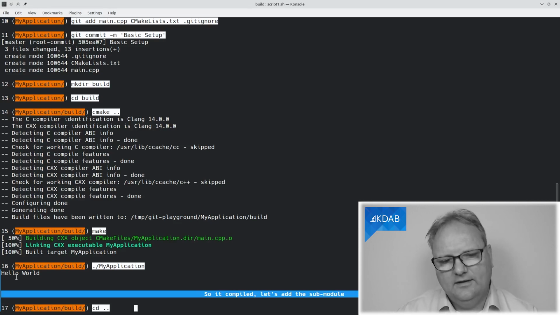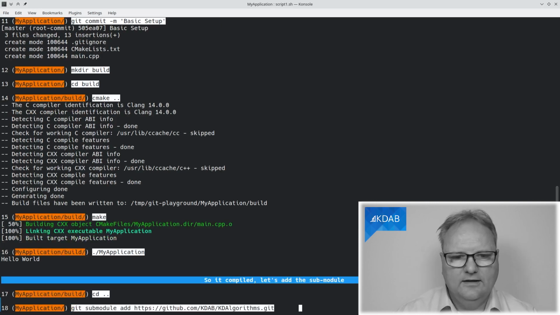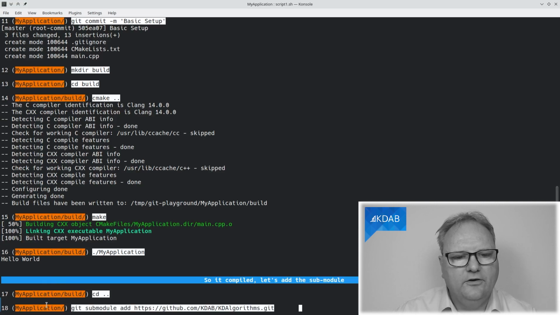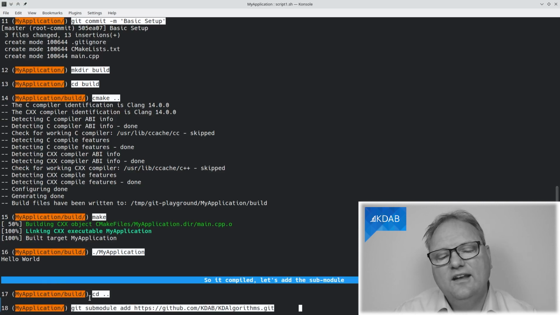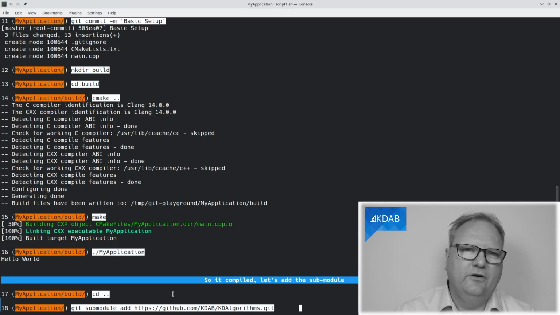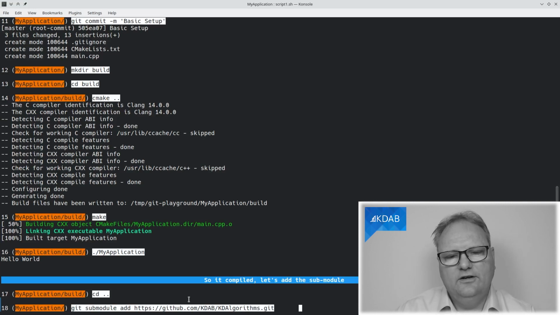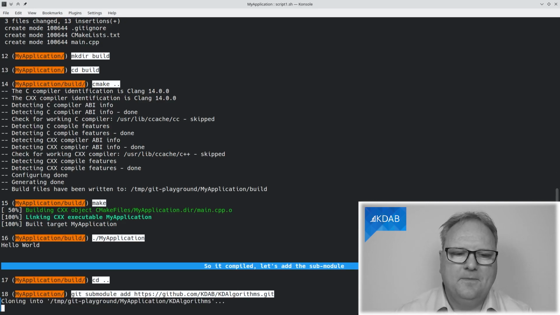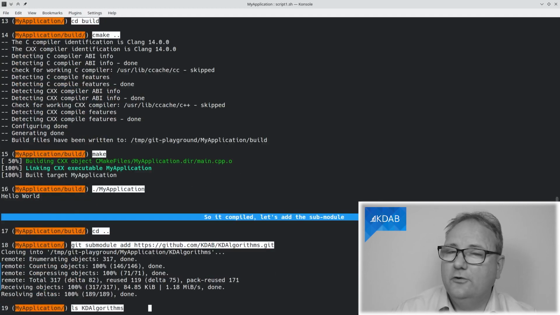The way that I do that is that I cd again out of this directory here. I'm in the root of my current directory here. I'll call git submodule add, and then the path for whatever I want to check out. And here this is the path for the KD algorithms, but it of course works on anything else. It will take a bit to clone this. Fortunately, KD algorithms isn't that big, so it was checked out really fast.